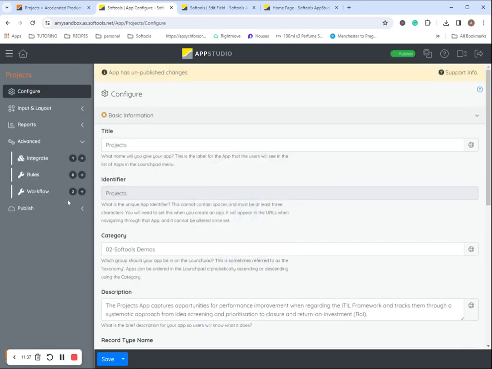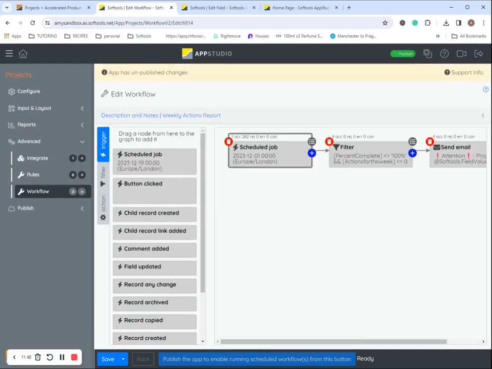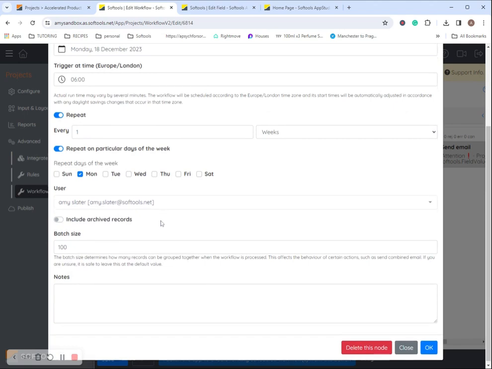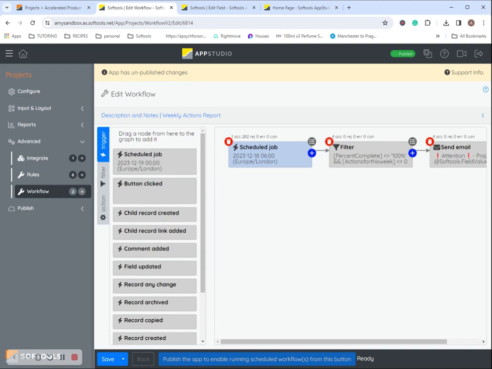The last thing to do is to create the workflow. So you'll want 2 workflows, weekly and monthly. Both of these are run from a schedule. So we'll go through the weekly first. So the trigger is a schedule, and it's going to be triggered on, I put this as when I created it, so let's say Monday, at 6 a.m. because that's before people will be working, so the email will be in their inbox by the time they get to work. You repeat every 1 week, repeat on particular days, so I've done it every Monday morning. This will mean that at the start of the week, people are aware of what actions need to be completed